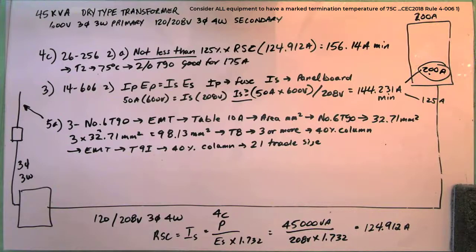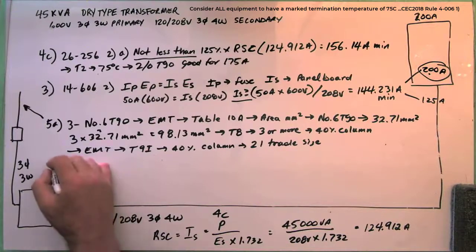Pretty straightforward. There's no bond in there because it's EMT. You don't need a bonding conductor for an EMT. We're going to talk more about that in prints as well. Okay? And then